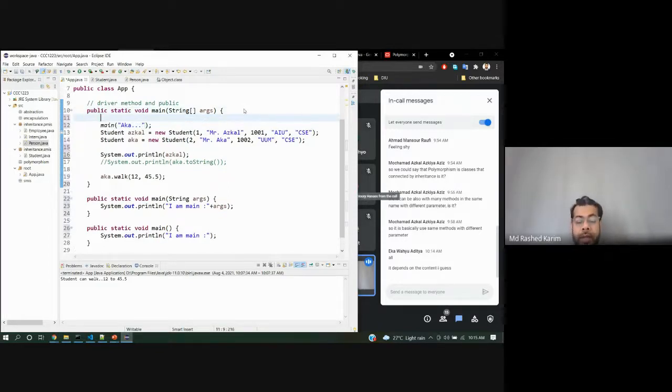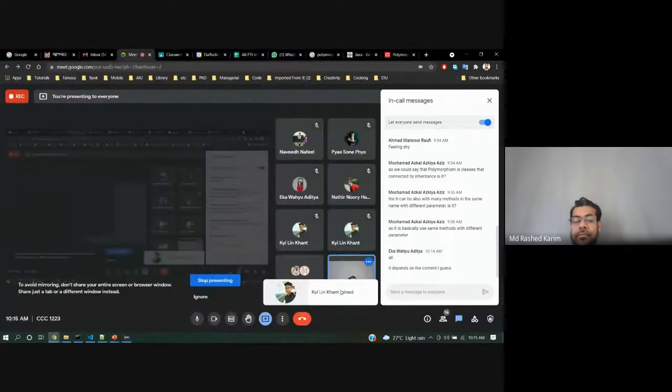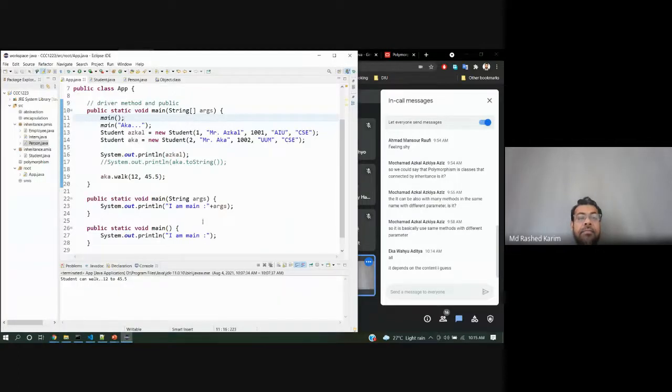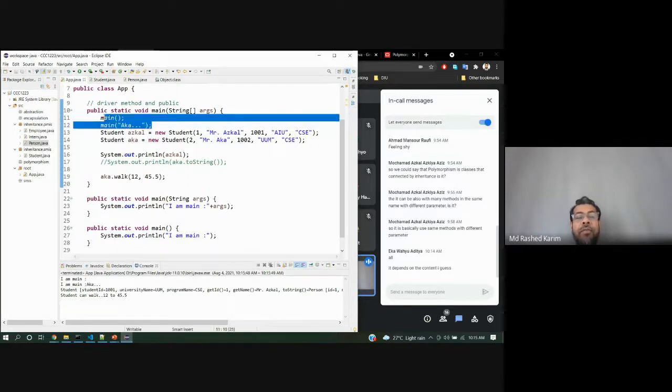I can call main from here, for example. Then you see when I call it, "I am main" prints first, because I call it before running the first line.